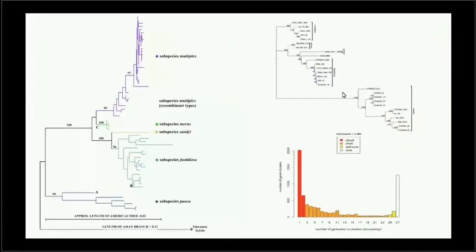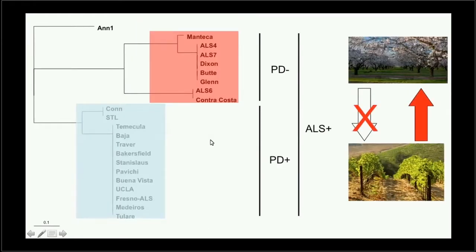Does this really matter? Are these different subspecies different in terms of their biology? We know genetically they form monophyletic groups, and the answer is yes. So this is some old work, but there's very little similar work with large numbers for Xylella; half a dozen here is a large number, unfortunately. But you have here what we call a grape group, fastidiosa isolates from California. Here you have the multiplex almond isolates, or group, from California.